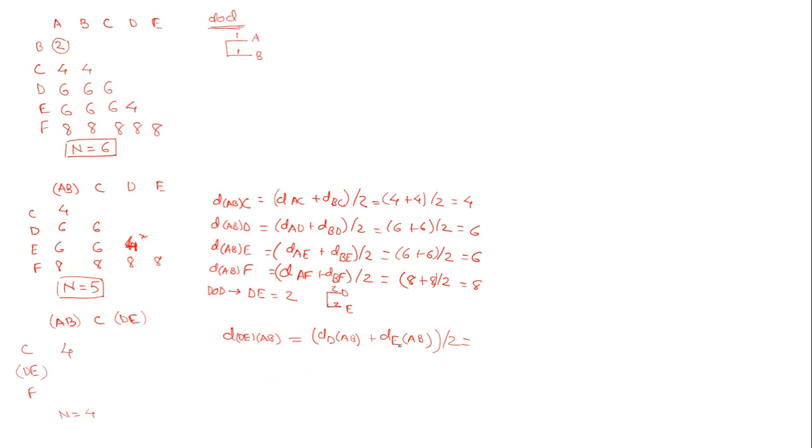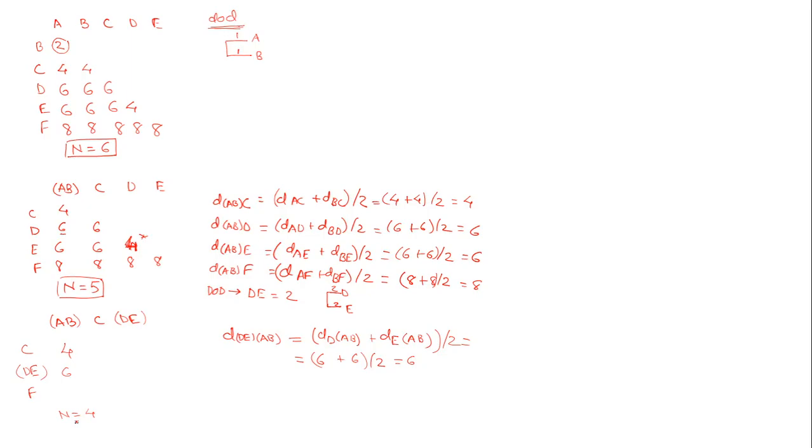That is what we are going to do: we would calculate the distance between D and AB, add it with the distance between E and AB, and then divide it by 2. So what do we get? We would get 6. What is the distance between D and AB? AB and D, that is 6. What is the distance between E and AB? E and AB is again 6, right? So 6 plus 6 divided by 2, we would end up with 6, right? So we have 6 over here,